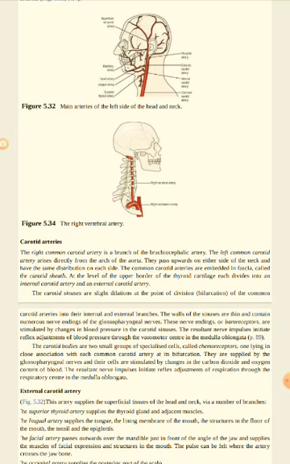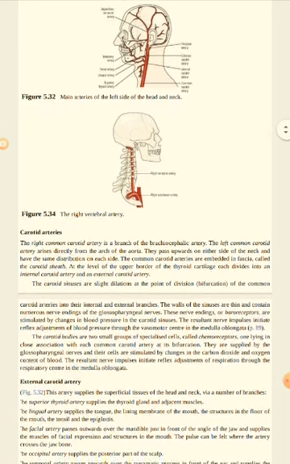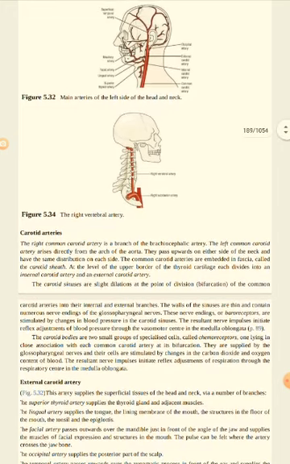So we learn about three things. First of all, the common carotid arteries, which divide into external and internal carotid, and through external and internal branches supply various regions of the brain. Okay, then we have carotid sinuses and carotid bodies. Carotid bodies respond to changes in the carbon dioxide and oxygen content, while carotid sinuses relate to the changes in blood pressure.